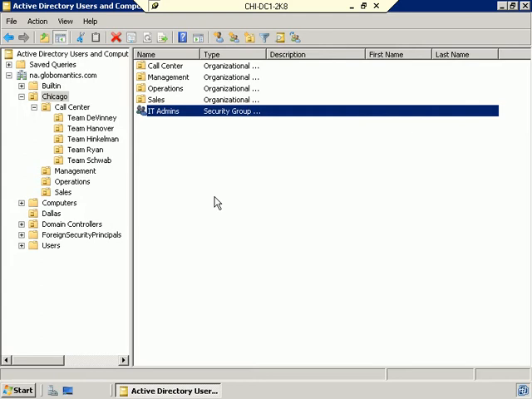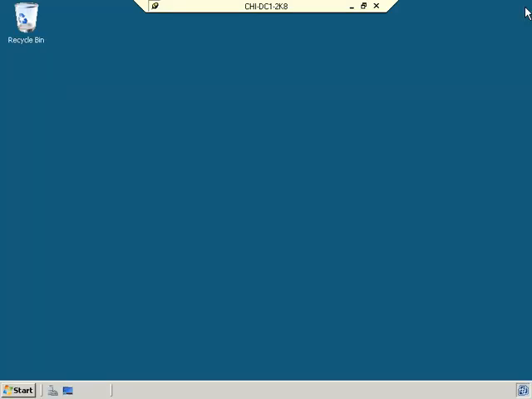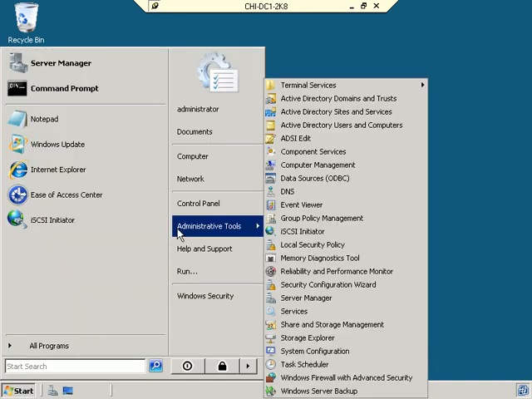You could probably create a small sampling to represent the different users throughout the network if you want to save some time. So let me go ahead and close out of Active Directory Users and Computers, and let's take a look at the Group Policy Management tool. I'm going to click on Start, Administrative Tools,